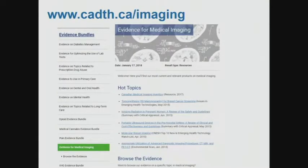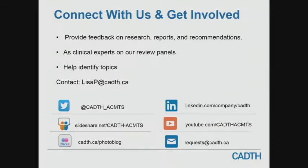And so I recommend that you visit our website, where we've gathered all our medical imaging reports in one place so you can find the information easily, and I encourage you to take a perusal through there. As well, as I come to the end of my portion, I just want to highlight that